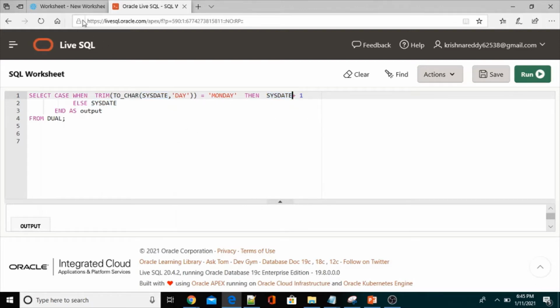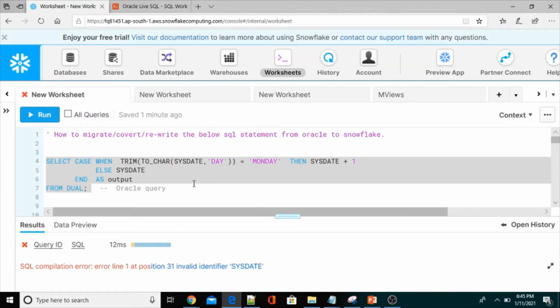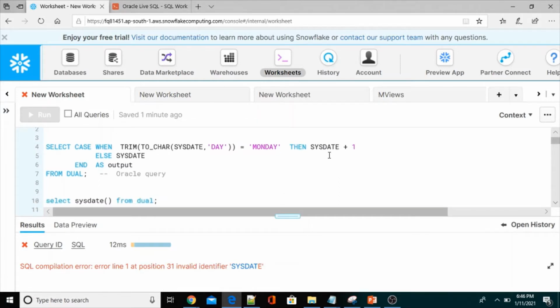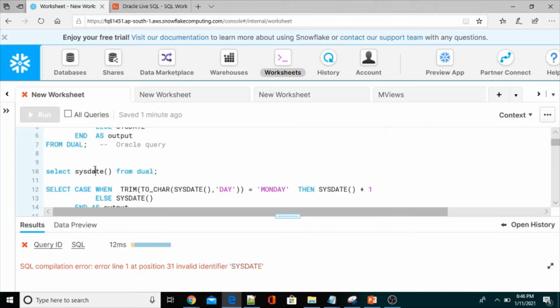Okay. So now we'll see how we are going to resolve this issue while rewriting the query. Here we got the error after sysdate. So in Snowflake, we cannot use sysdate directly. We need to pass parentheses to this function, like this: select sysdate.